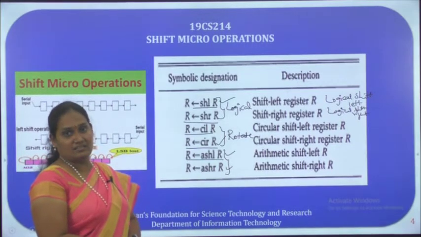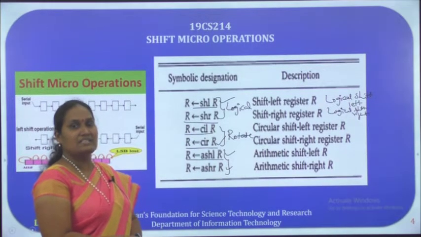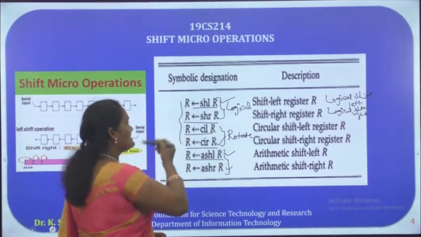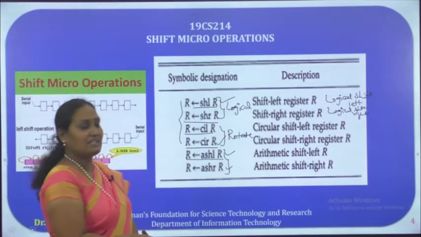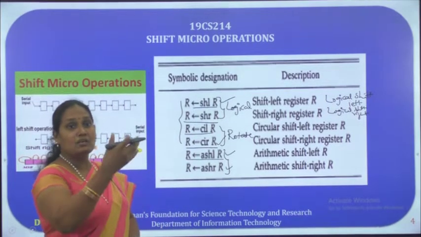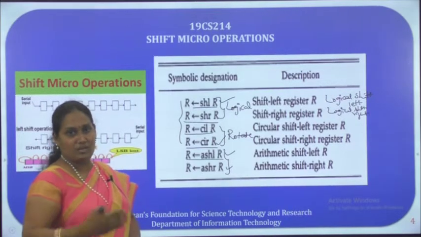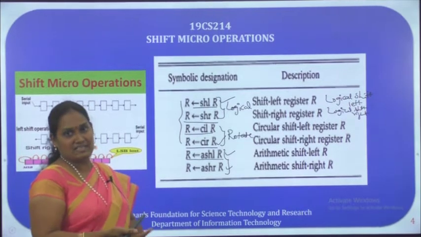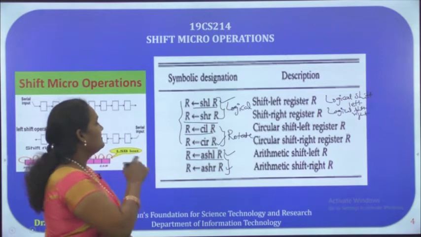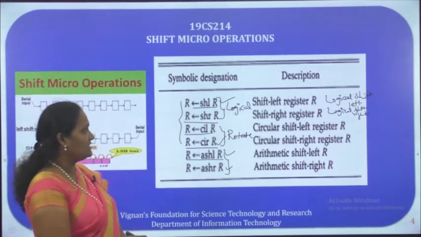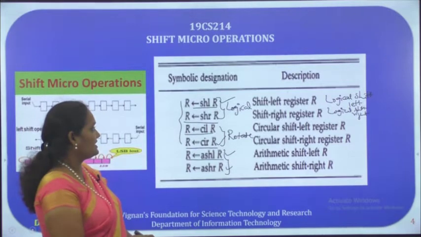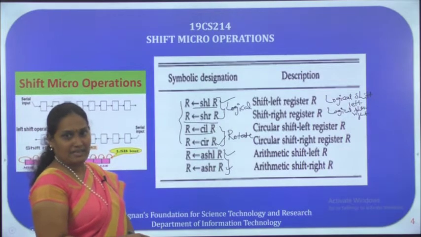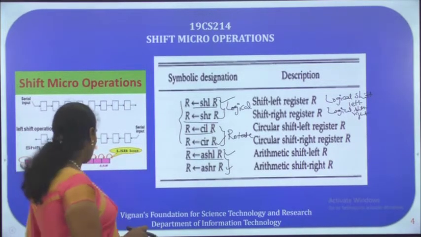In arithmetic shift, whether left shifting or right shifting, the shifting is done including the sign bit. In the earlier cases we were not considering the sign bit, but in arithmetic shift we are. The sign bit position will not be changed; it is present as it is, and we shift the remaining bits either towards left or right. So all these are the various shift operations in our digital computers: logical left shift, logical right shift, circular left shift, circular right shift, arithmetic left shift and arithmetic right shift.